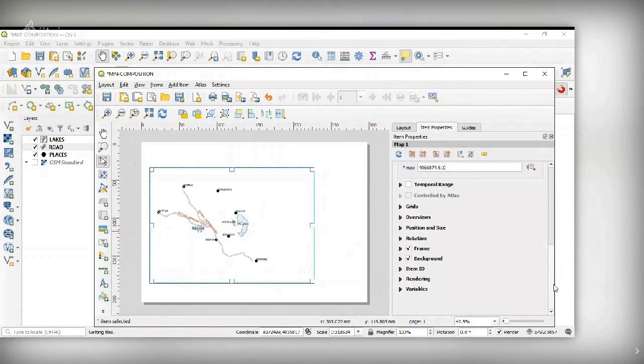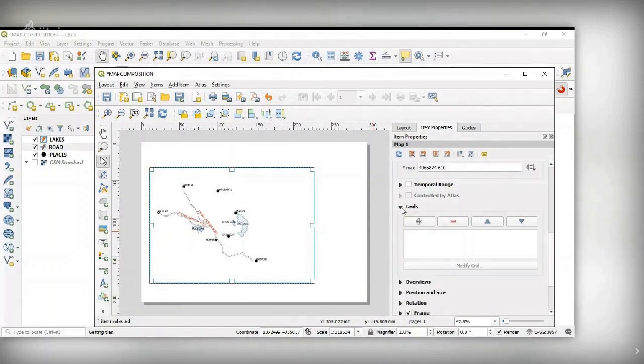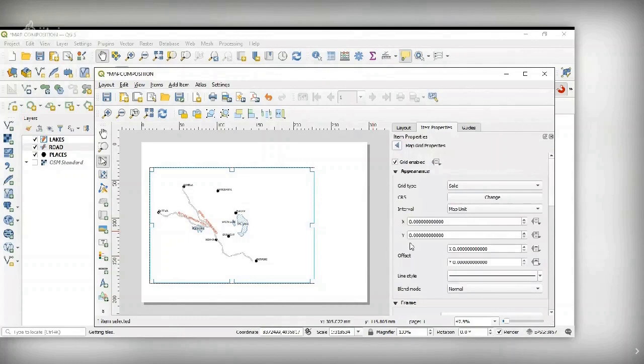So under this only you have frame. You can define the thickness of the frame. You can change the color of this one. Yeah, color also you can change it.